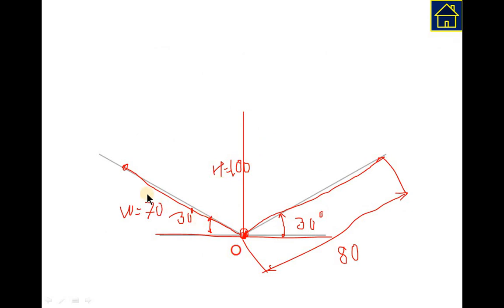So once you draw all the three dimensions here, this is a length 80 mm, this is a height 100 mm, and this is width 70 mm. You will draw all parallel lines to all these three dimensions, and then that will be helpful for completing the box. So one can easily draw the parallel lines. So I am drawing parallel lines to the height. So here 100 mm, this is 100 mm.